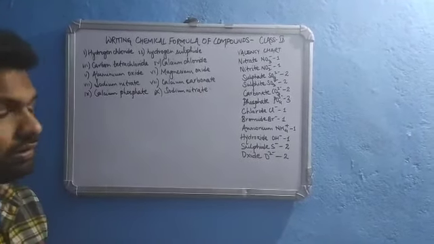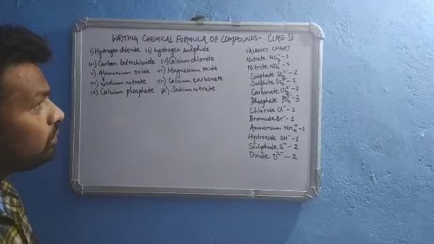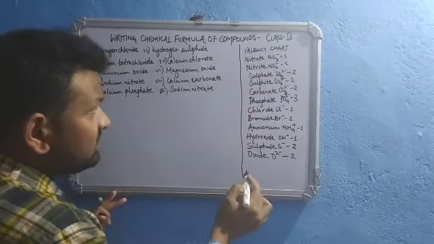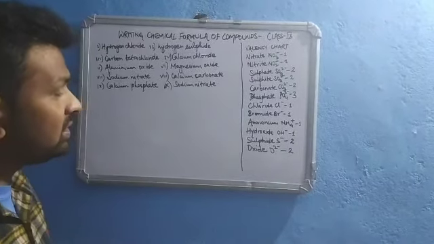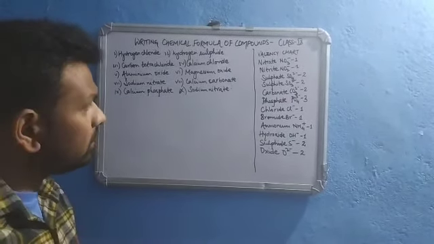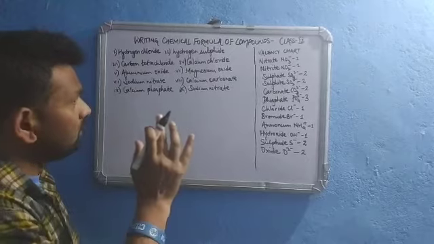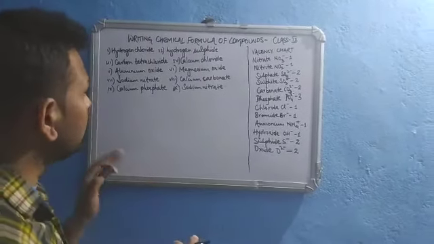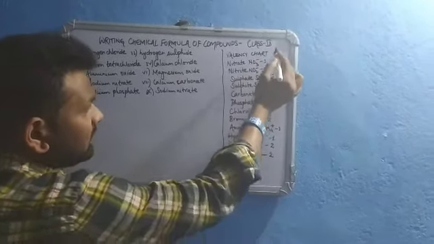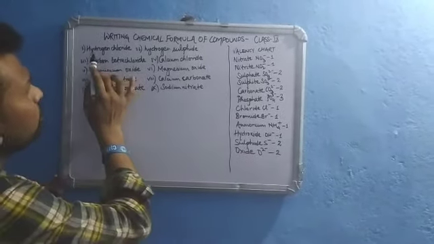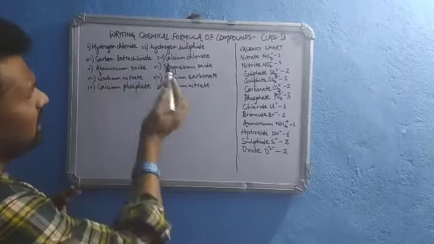Before going into the details of this, you need to know something known as the valency chart. All these days I have been asking you to write the valency again and again, and the electronic configuration again, just because if you have done that properly, now it will be very convenient for you. So here I have given a valency chart of some radicals, and obviously you know the valency of different elements as such.